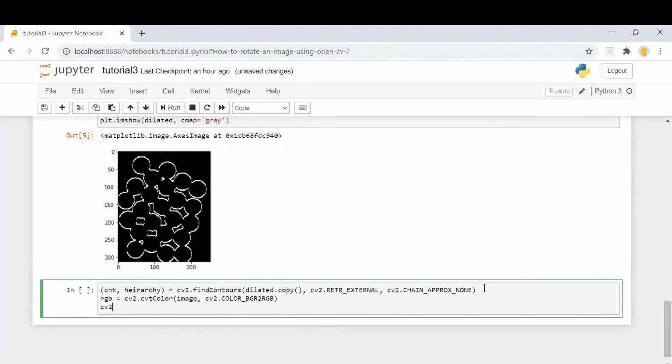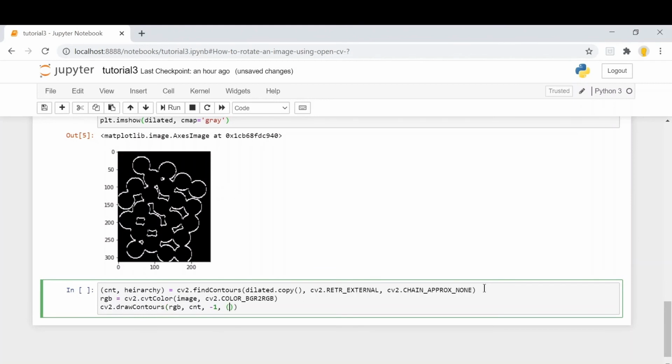Now we'll draw the contours on our image. The first parameter will be our input image, the second parameter will be the contours, and the third parameter will be how many contours we have to draw. We want to draw all the contours.